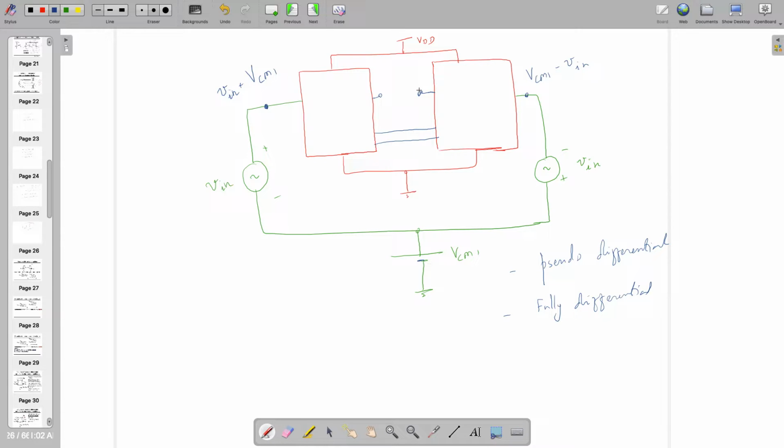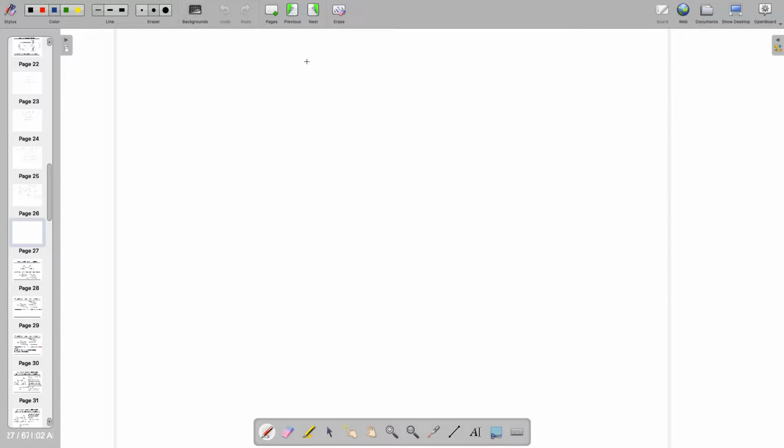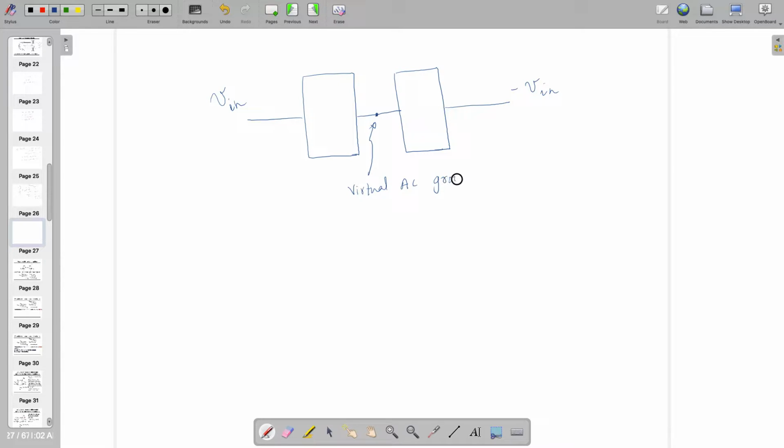But before doing that, we also understand that if two such circuits are identical to each other, and they are connected with some wire, and if on this side I am connecting plus V in, and on the other side minus V in, this particular potential is going to be zero, which we are going to call virtual AC ground. By the way, this virtual AC ground only happens when this is V in and this is